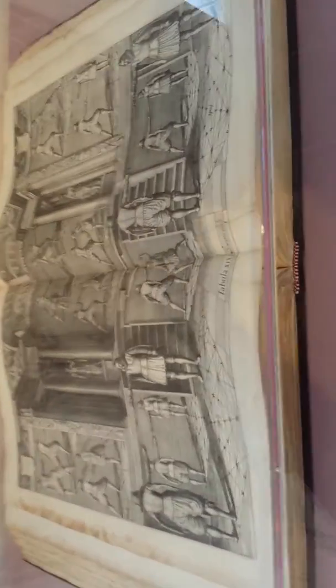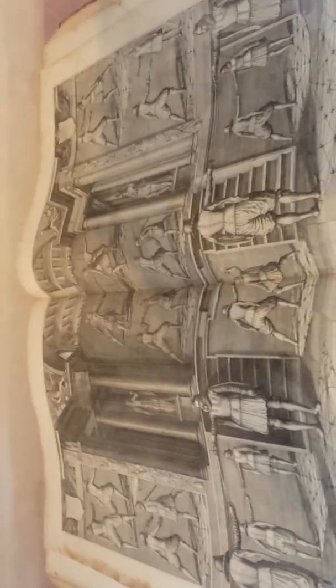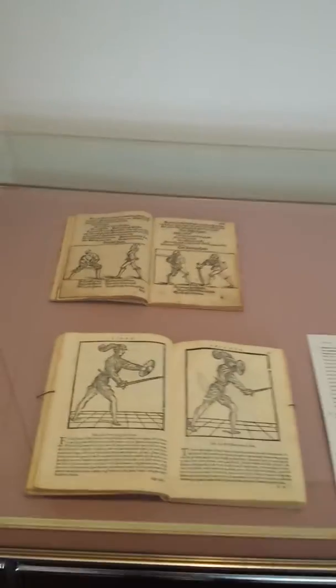From 1630, not 1627, as the book itself said. It was published 3 years later. One of the richest, most luxuriously illustrated fencing manuals of all time. And we have several other fencing manuals. An Egenolf, a Marozzo, a Saint-Didier,